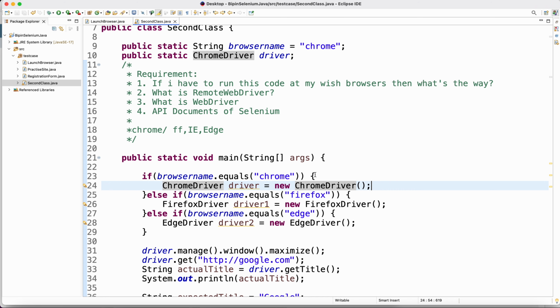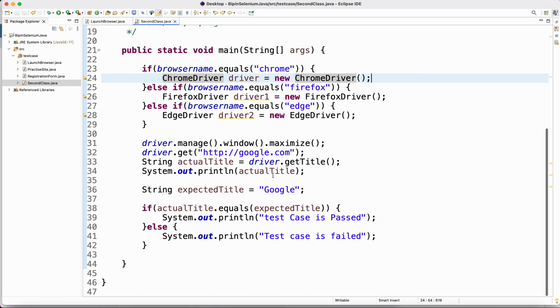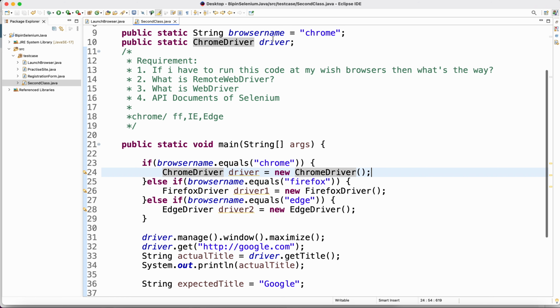After that, there is no driver. So that's why it's giving you a null pointer exception. If the driver was associated with the global variable, one other way to check how it is associated is you can see the driver color. The driver color is not the